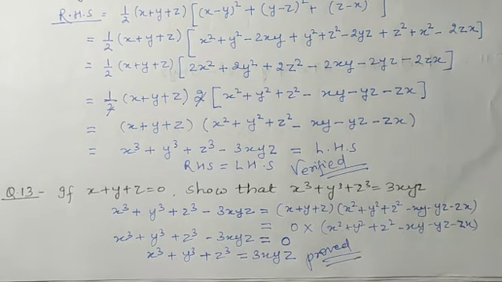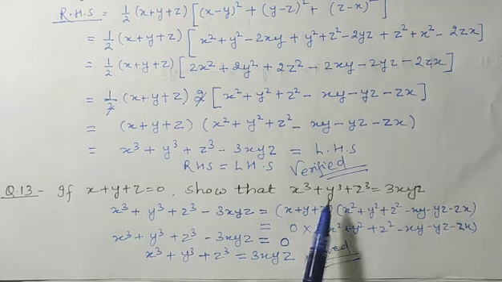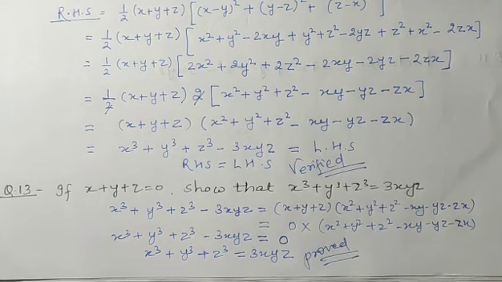Well, this condition I have told you when I gave you the homework of identities. There I have shown this condition that if x plus y plus z is equal to 0, then your identity will change like this: x cube plus y cube plus z cube is equal to 3xyz. Okay, so also remember this condition, that if in this formula x plus y plus z is equal to 0, then it will change like x cube plus y cube plus z cube is equal to 3xyz. Okay, now coming to the next question.